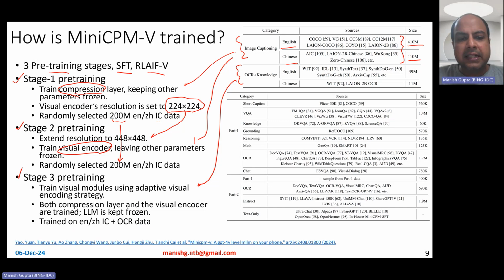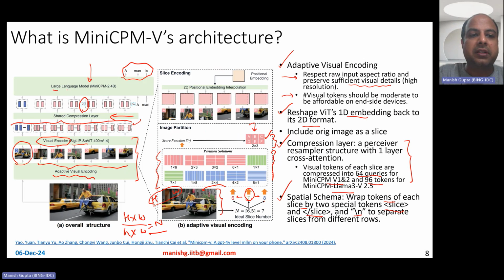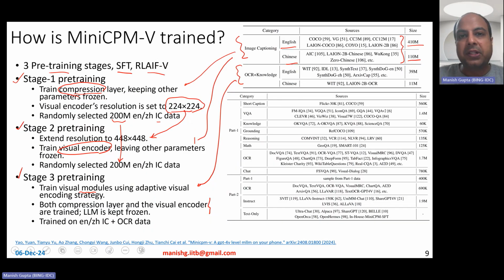Okay. Stage 3 pre-training basically trains the visual models, and at this point they use the adaptive visual encoding strategy, right? Which basically means that your resolution now increases significantly, and you can actually handle various kinds of aspect ratios. So here, both the compression layer and visual encoder are trained. The LLM is kept frozen. So they don't really mess around with the LLM. Both the compression and the visual encoder layers are further pre-trained. And of course, it trains not just on image captioning data, but also on the OCR plus knowledge